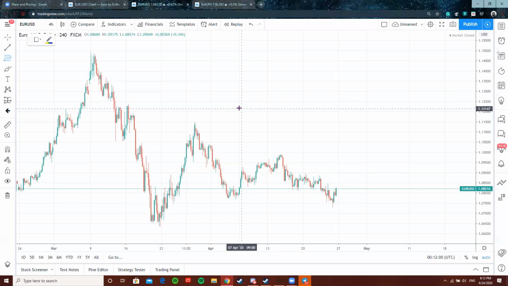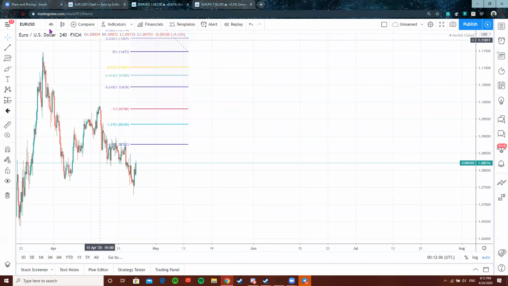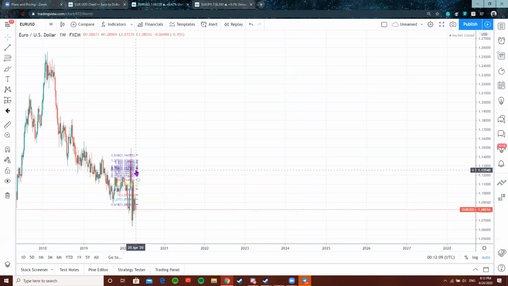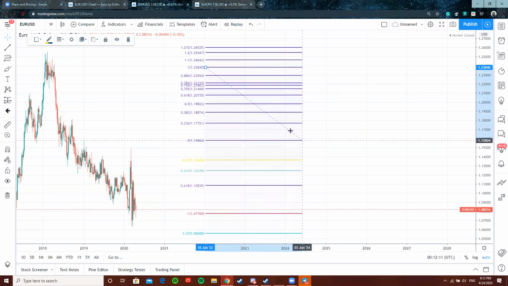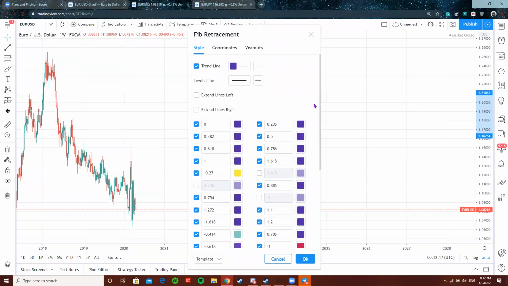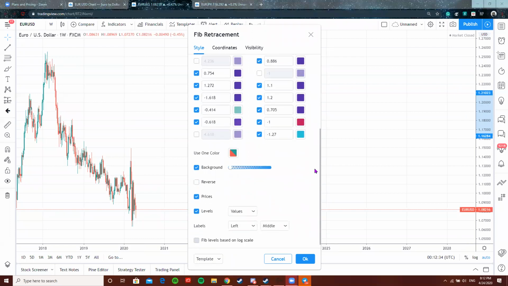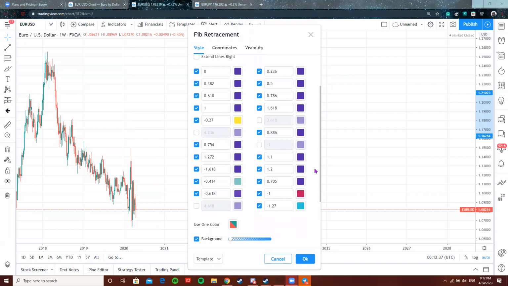These are my fib levels. Hold on, let me move it over. These are my fib levels. And there you go. Take a screenshot of it, it doesn't matter. Just make sure you guys have these. This is what I have. Got it? Everyone got it? Yeah. Cool.